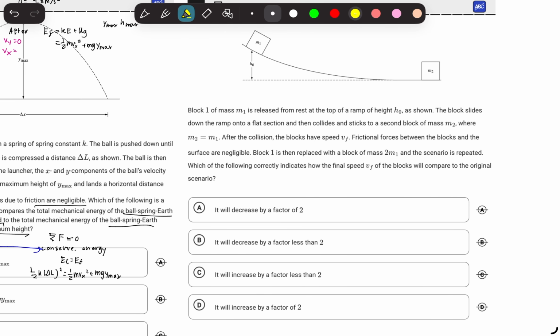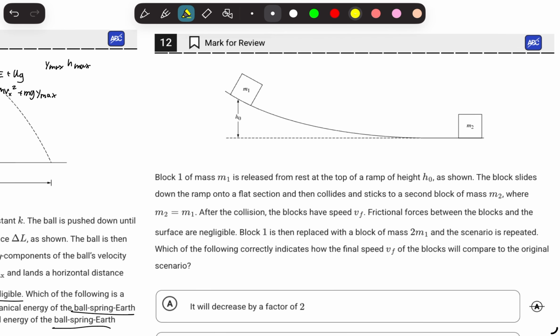Block 1 of mass M1 is released from rest at the top of a ramp of height h initial as shown. The block slides down the ramp onto a flat section and collides and sticks to a second block of mass M2, where M2 is equal to M1. After the collision, the blocks have a speed of Vf. Frictional forces between the block and the surfaces are negligible. Block 1 is then replaced with a block of mass 2M1, and the scenario is repeated. Which of the following correctly indicates how the final speed Vf of the blocks will compare to the original scenario? So if we have energy conservation, we have that